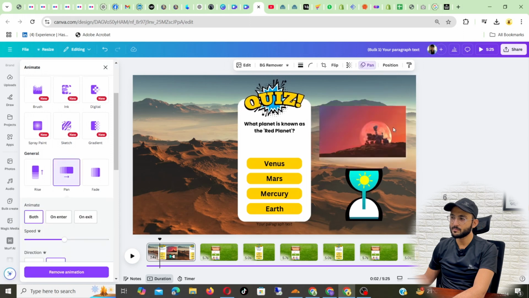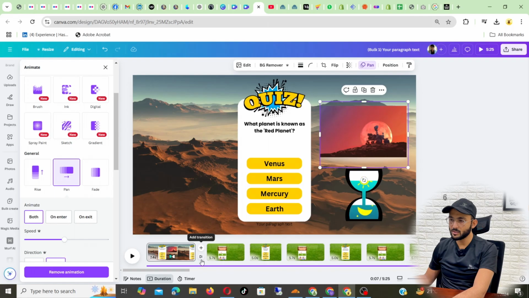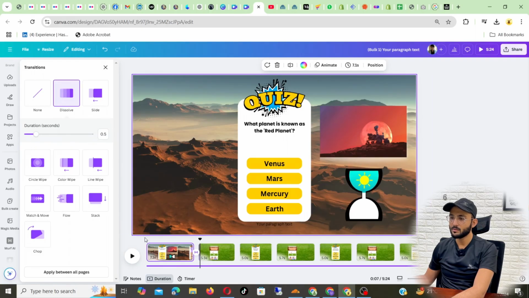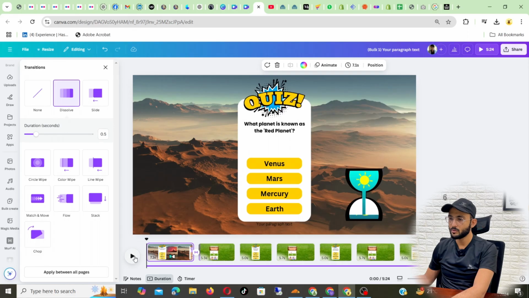maybe something like this. And then if you want to add a transition in between these two slides, like I did, so I use this effect. So let me show you how it will look now. So if I play it,